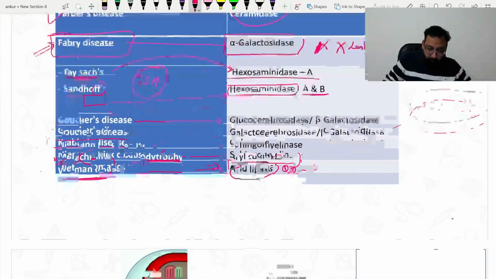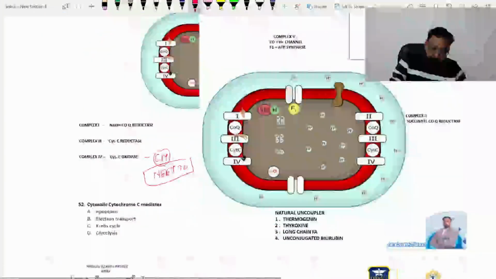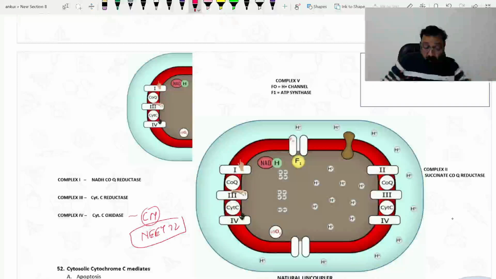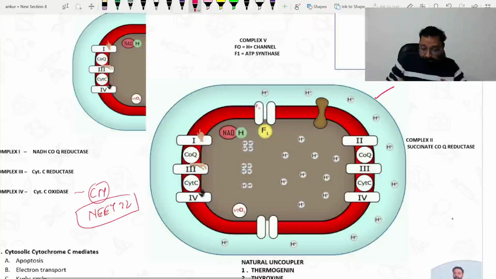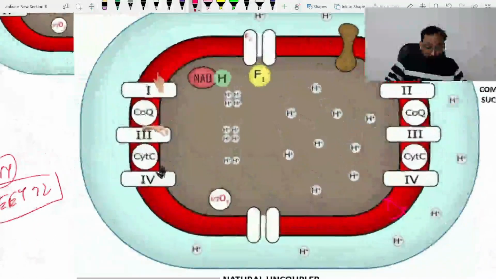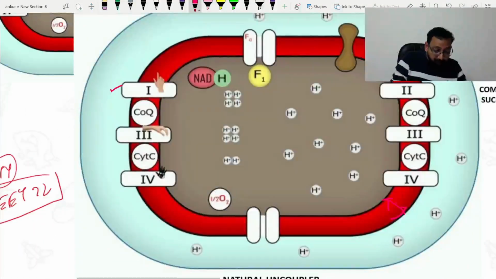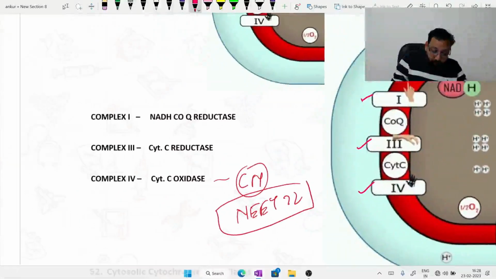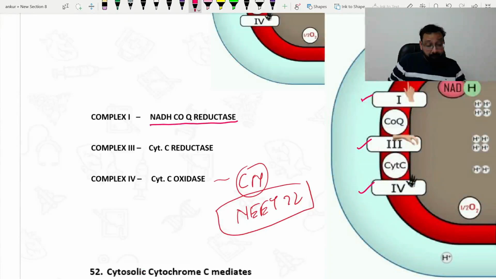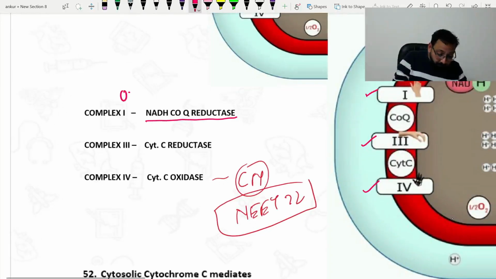Next topic is very, very important. Electron transport chain. This is the outer mitochondrial membrane. This is the inner mitochondrial membrane. At the inner mitochondrial membrane, there are enzyme complexes. This is complex 1, 3rd, and 4th. Complex 1 is also called NADH coenzyme Q reductase. Inhibitor of complex 1: rotenone,